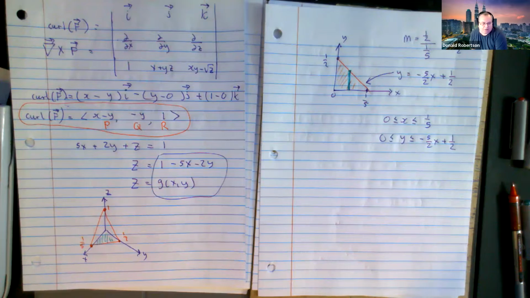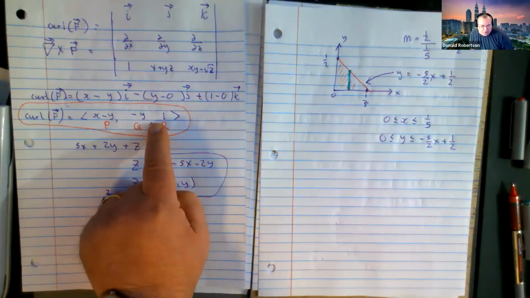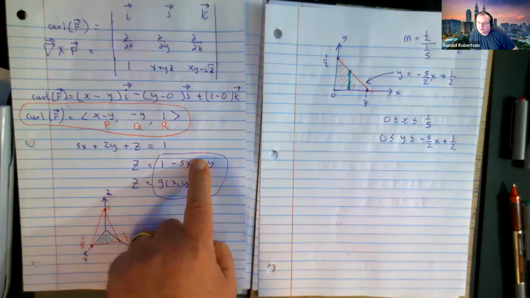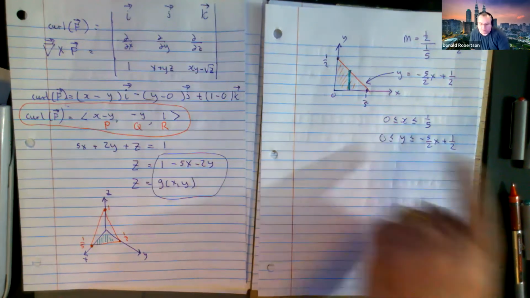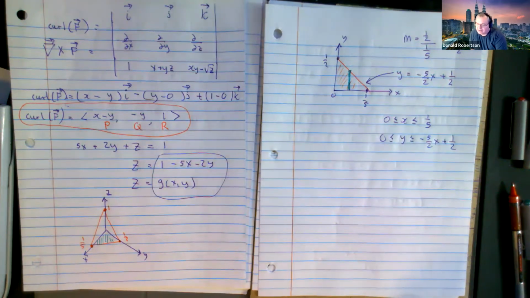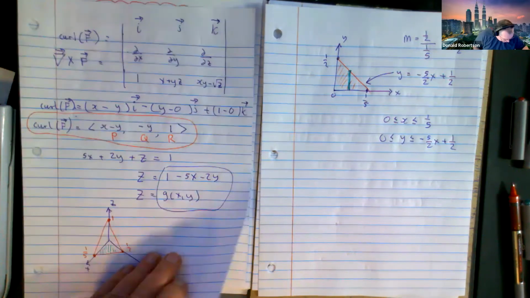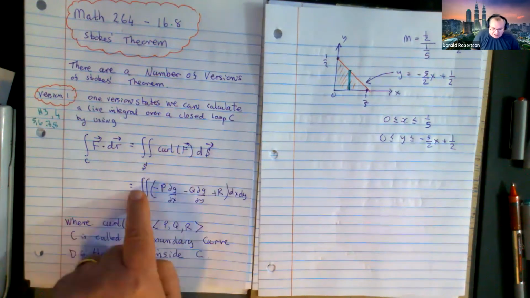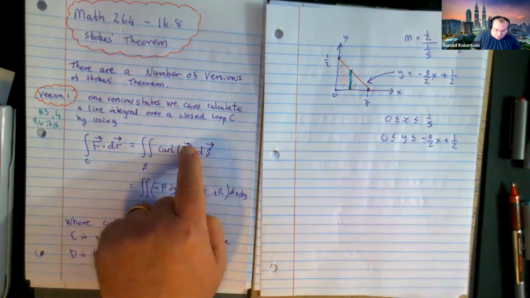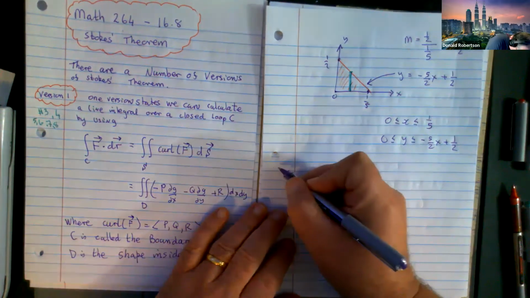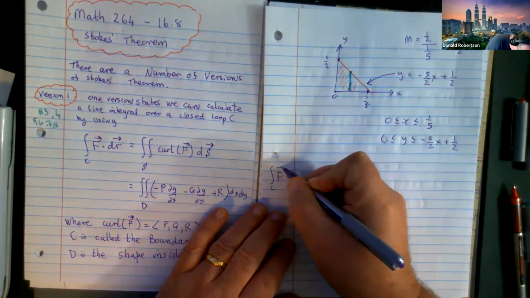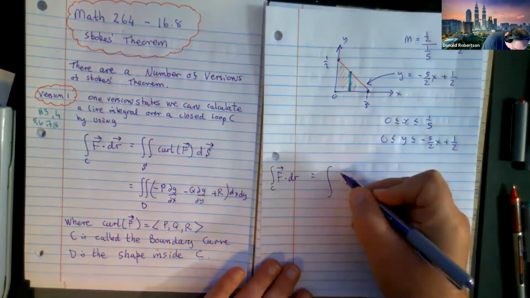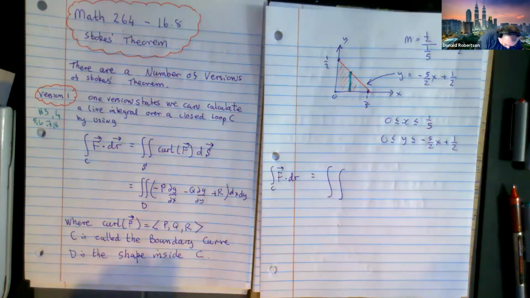I found the curl of F because I need to know it. I found out the equation of the plane, the surface in this case, g of x, y. I now have the limits of integration, right? That's the three key pieces of information that I should now tie together here. So we're totally bypassing that and creating this double integral, which is equivalent to that. So the guy that we want is going to be the double integral of,